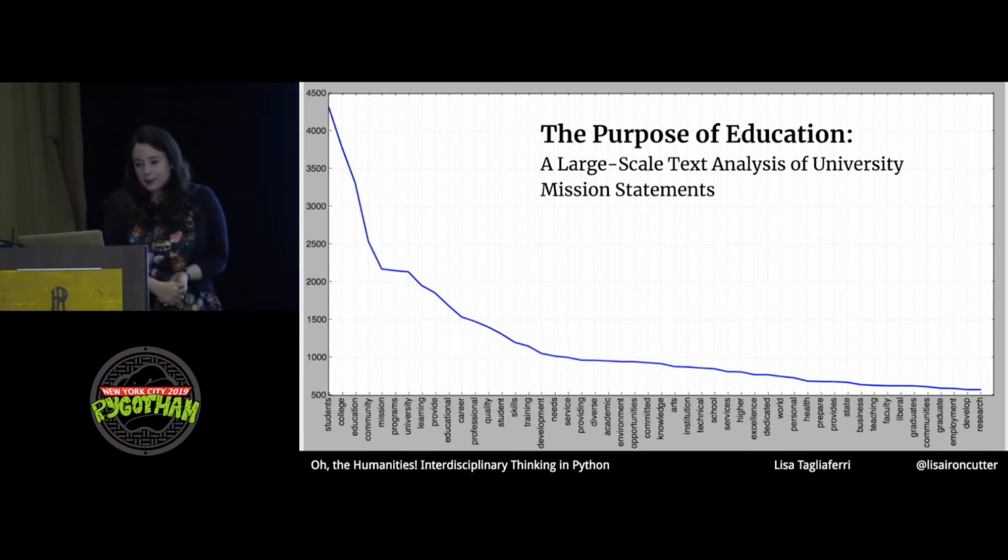Some work that's currently in process is the Purpose of Education, a large-scale text analysis of university mission statements. This is something I'm working on with Danica Savanek at SUNY Cortland. She is a professor that does multicultural literature there. So this also involved a lot of ethical web scraping to build our corpus, but we were looking at United